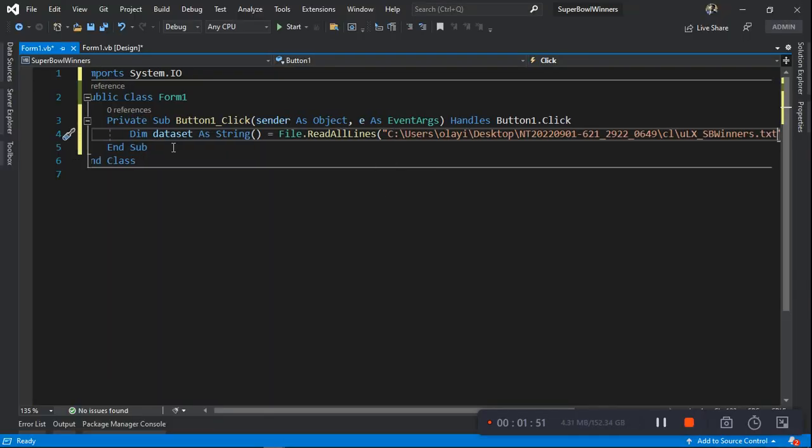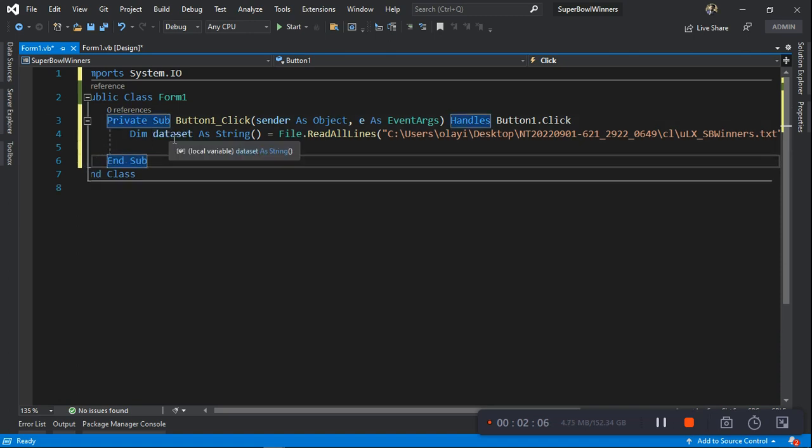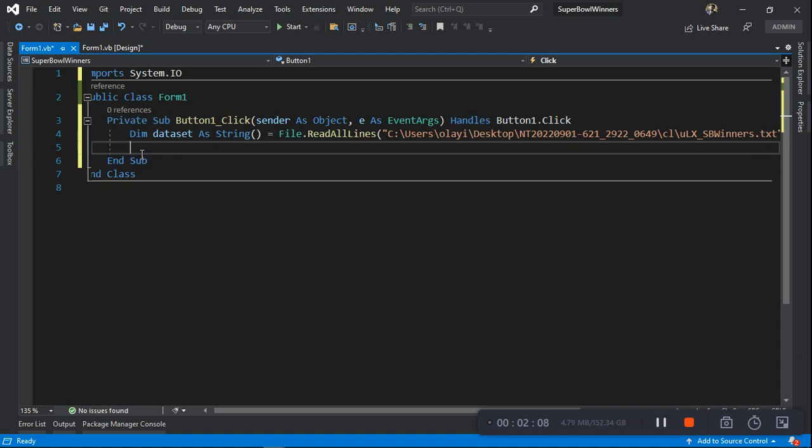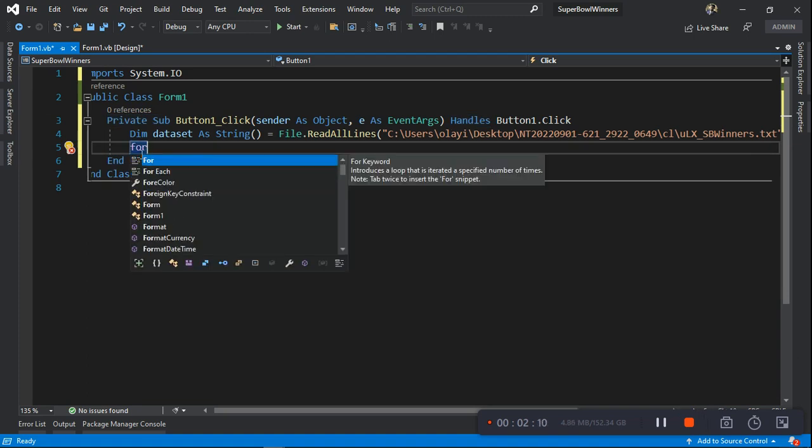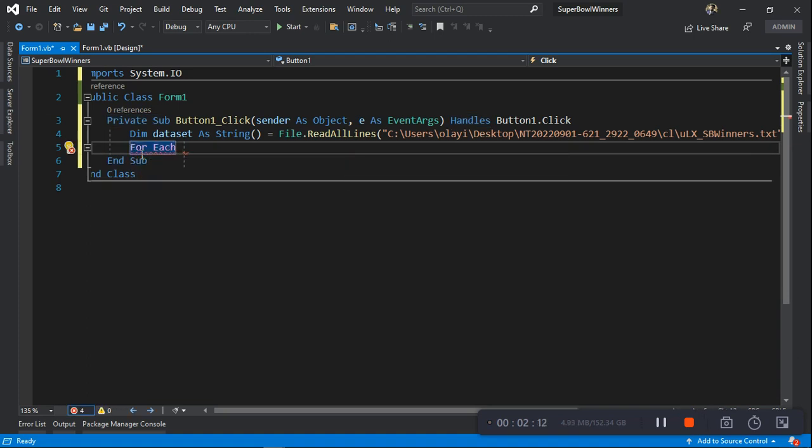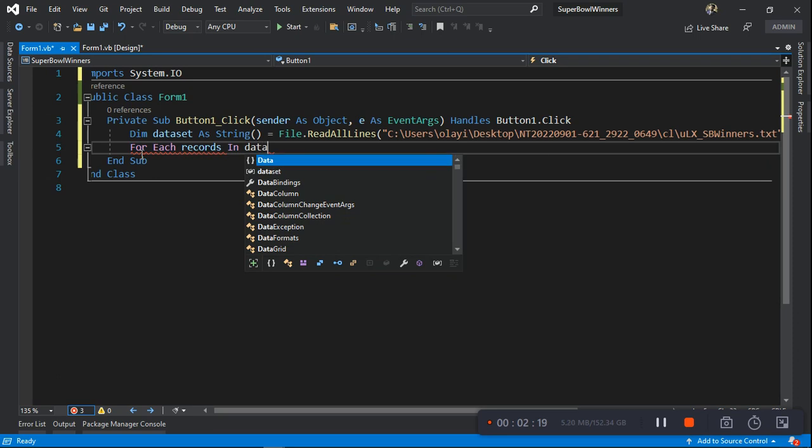Once I paste it there, that means this command will read all the text inside the file and store it in this variable called dataset. Now you want to display the data that has already been stored in the dataset. We can use a for each loop. Let's declare a variable called each record, for each record in dataset,